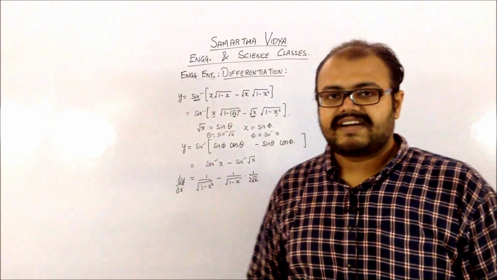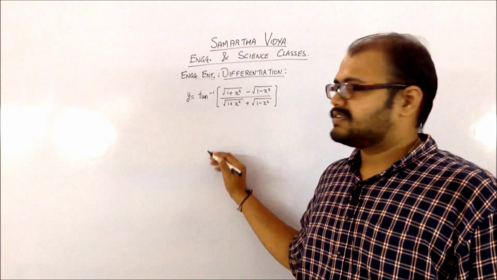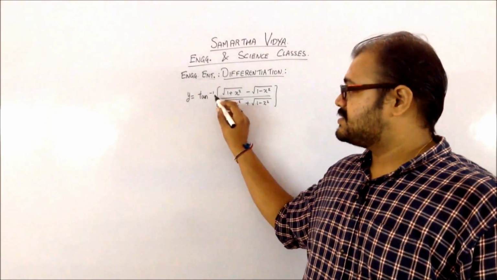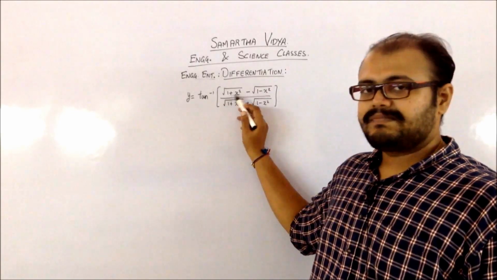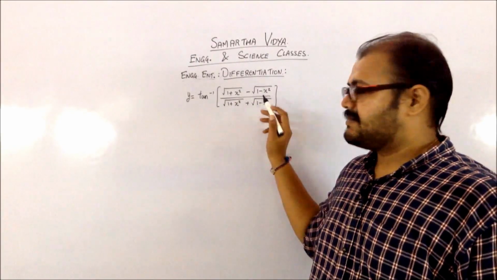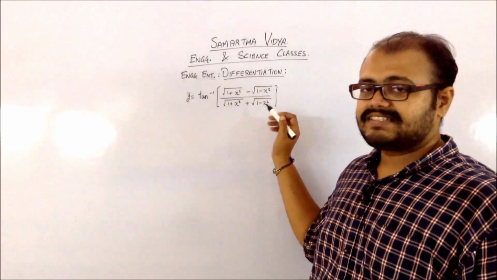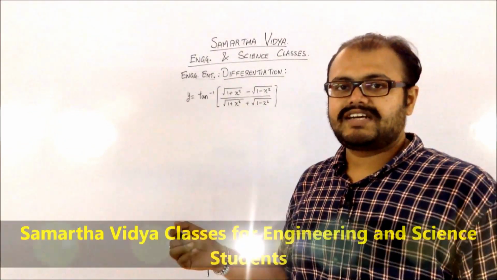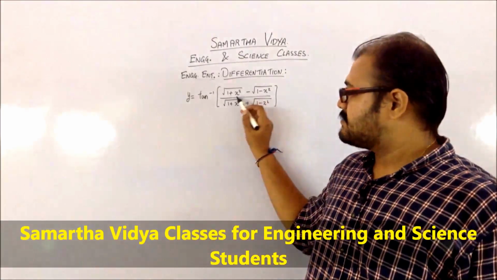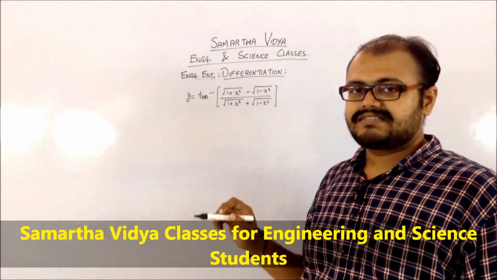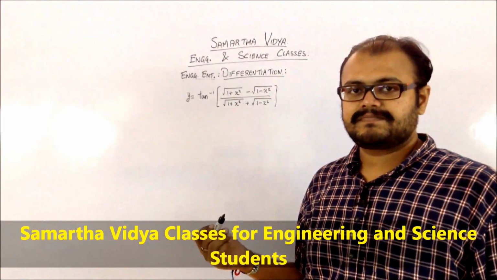So this is how you will be finding the derivative of this particular term. Looking at this problem, which is y of t equal to tan inverse of this term, you can see that there is a 1 plus x square and a 1 minus x square present. Whenever you have a 1 minus x square, the normal substitution would be sine theta or cos theta, but that won't help here because you don't know what 1 plus sine square or 1 plus cos square is.